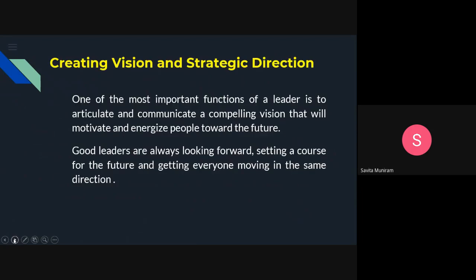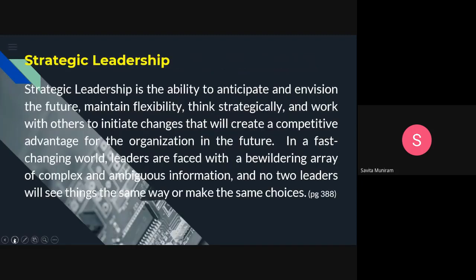Creating vision and strategic direction. One of the most important functions of a leader is to articulate and communicate a compelling vision that will motivate and energize people towards the future. Good leaders are always looking forward, setting a course for the future and getting everyone moving in the same direction. Okay. Next slide. Now, before I continue on to that slide, I'd like to give a little example